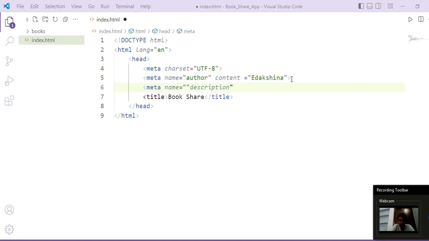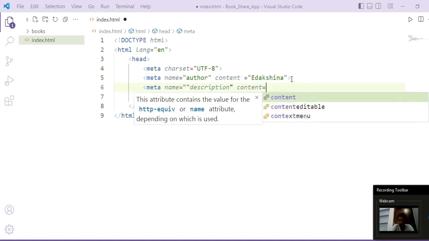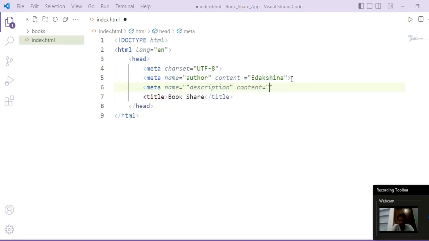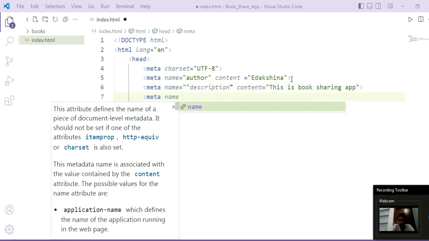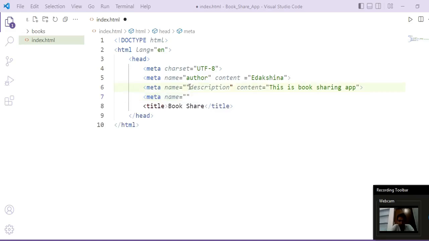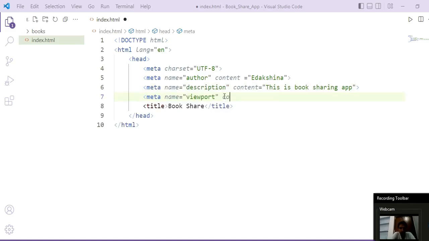Here you can write content equal, you can write about page description, like this is book sharing app. Okay, then you can write meta name equal viewport, content equals width.